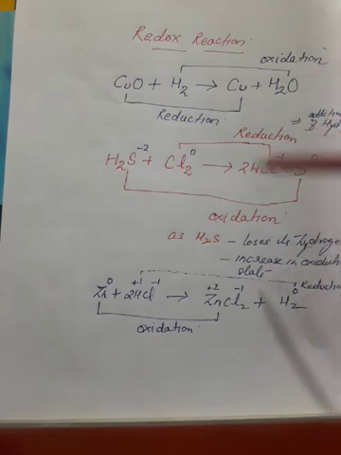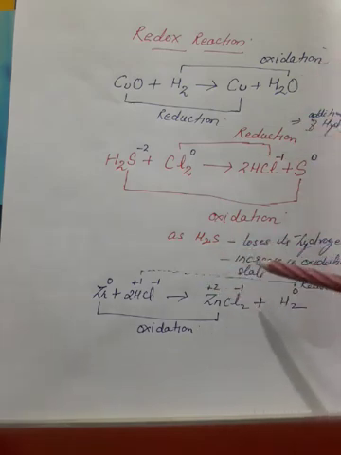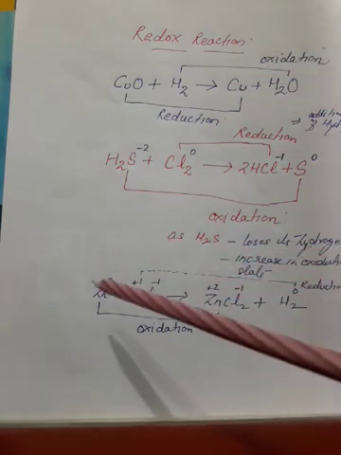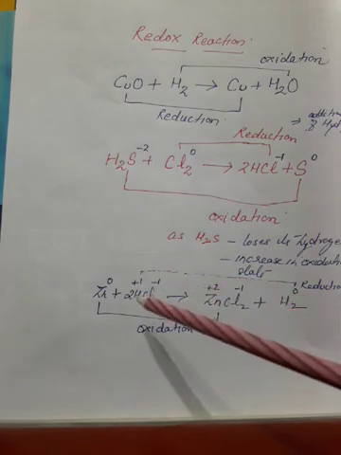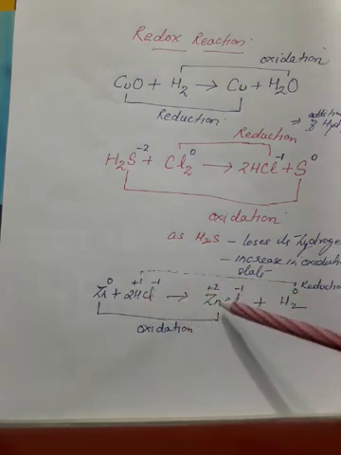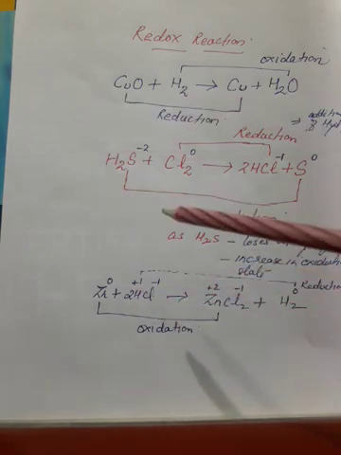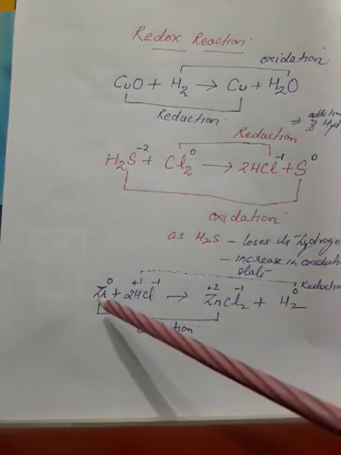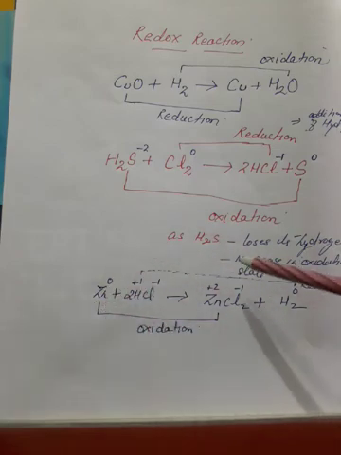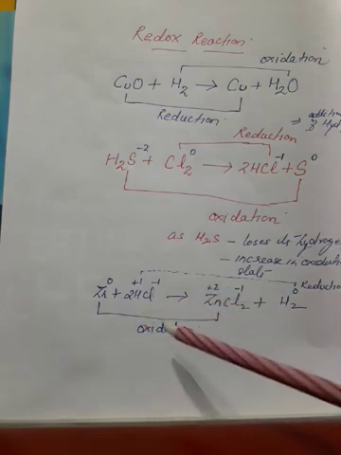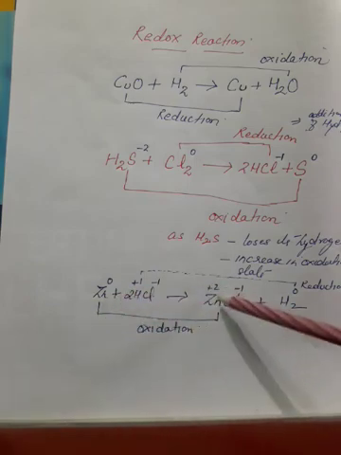Okay, then one more I will tell you, and I will explain with the help of oxidation number. Displacement reaction, last example: zinc reacts with hydrogen chloride to form zinc chloride plus hydrogen. This is also an example of which type of reaction? Redox reaction. So which one is oxidized here? Just see here, zinc is neutral, and it is converted into zinc ion. How will zinc convert into zinc ion? By the loss of electrons. Zinc will lose 2 electrons to form a zinc ion.